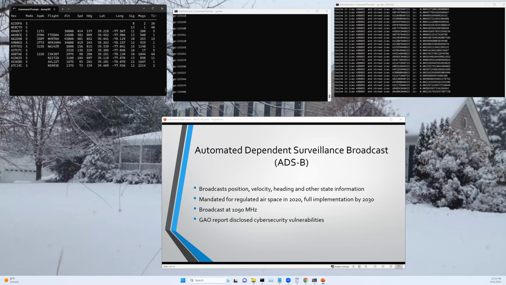ADS-B is an open architecture that broadcasts its messages in a simple format, and so it becomes an opportunity for hackers. ADS-B is vulnerable to eavesdropping, jamming, modification, injection, and replay or playback attacks. An ADS-B system cannot identify authorized users from unauthorized, and it's therefore vulnerable to spoofing attacks.